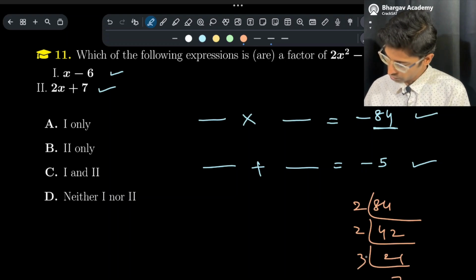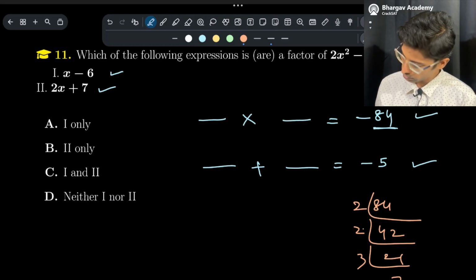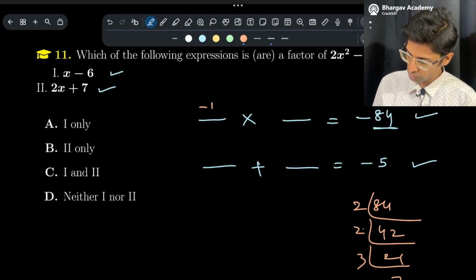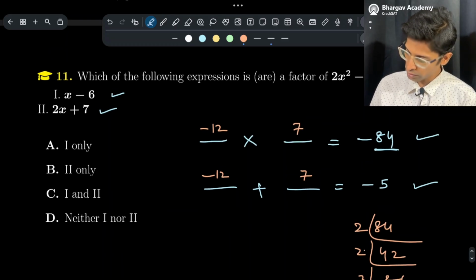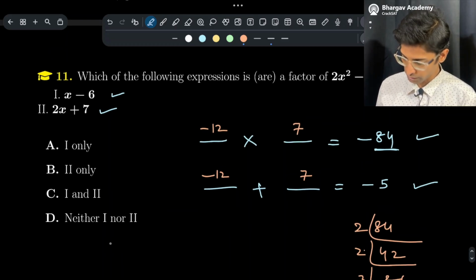So what do we have? 3 2s are 6, 6 2s are 12, 12 and 7. I think, yes. Minus 12 and 7. If I multiply, I'll get minus 84. Minus 12 and 7, if I add, I'll be getting minus 5. So I should split minus 5x as,